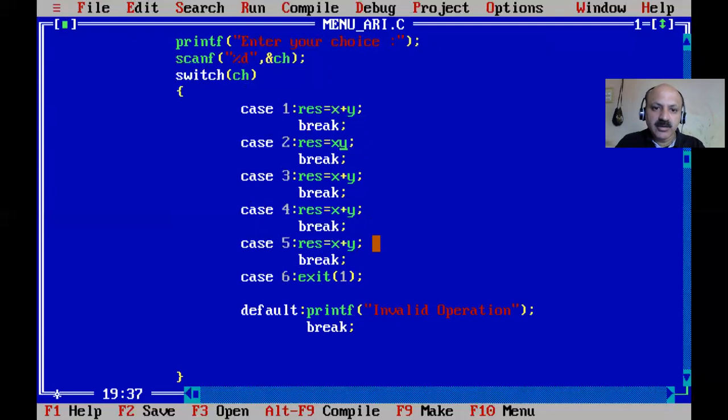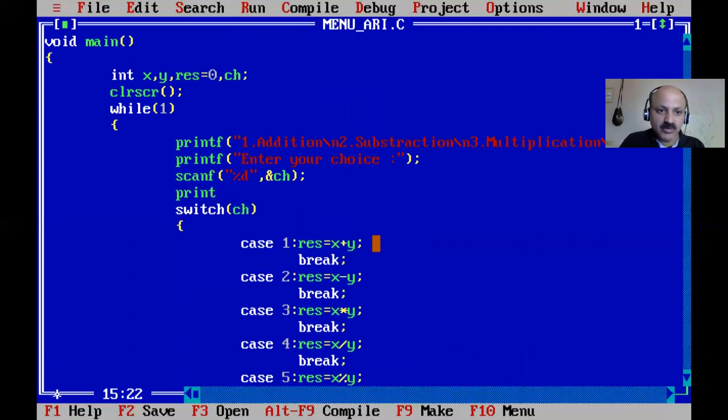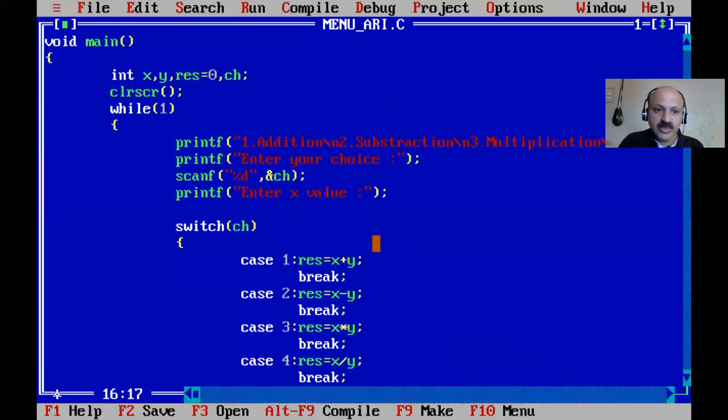And here subtraction is minus sign, and multiplication in real maths is a dot, but here asterisk is multiplication, and slash is division. For modulo we use the percentage sign. We also need to scan our variables here. So before the switch we provide an enter x value from the user side, so that we can take sum and all arithmetic operations.